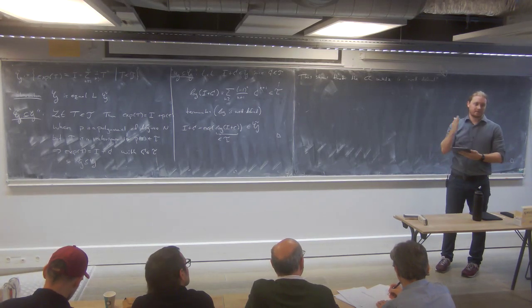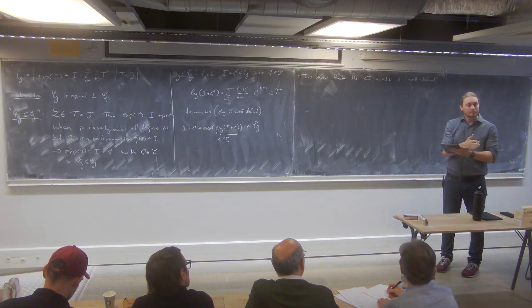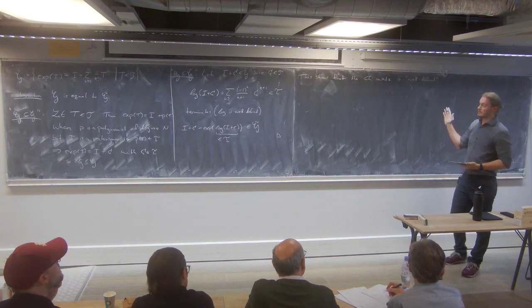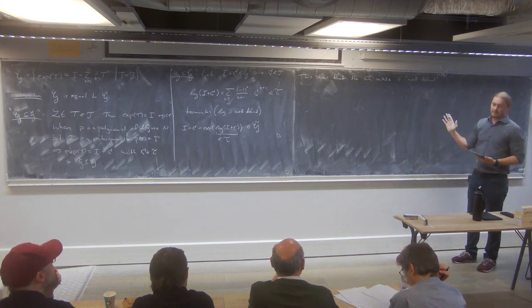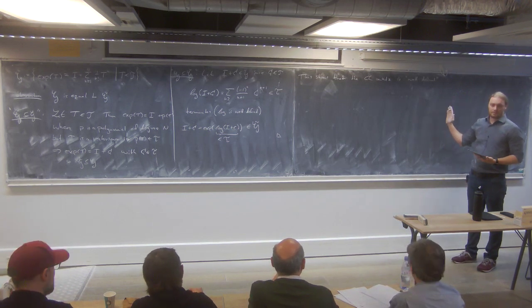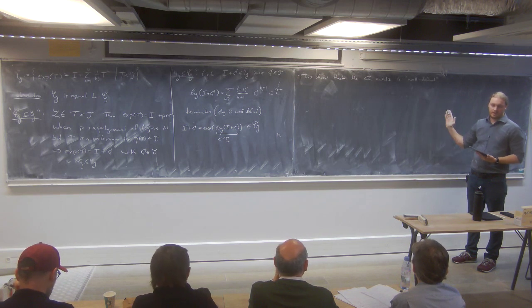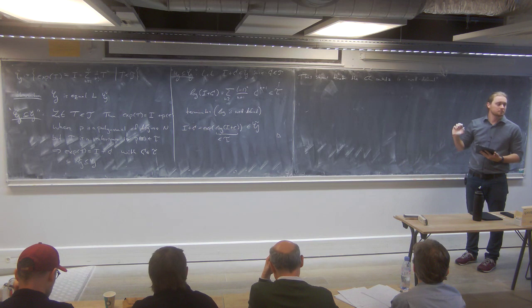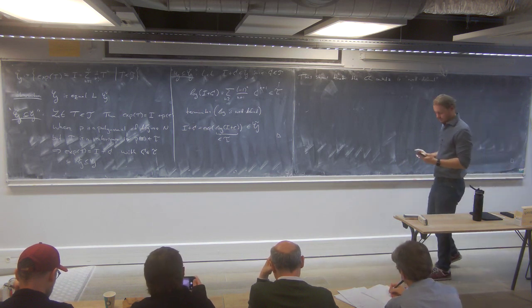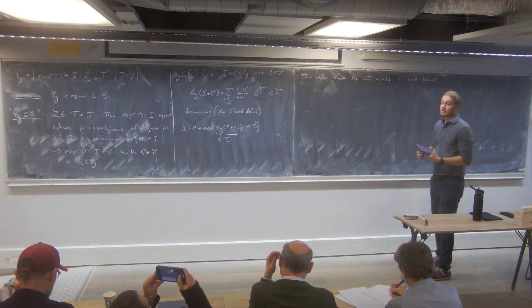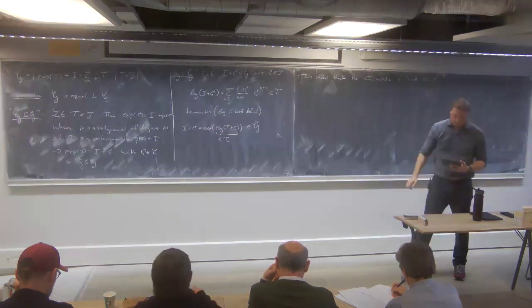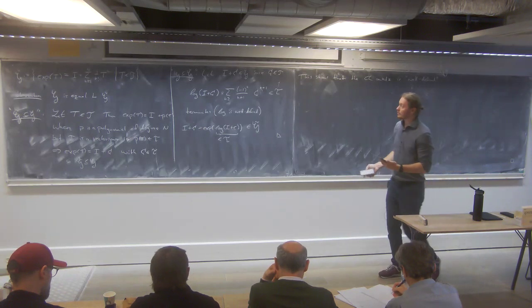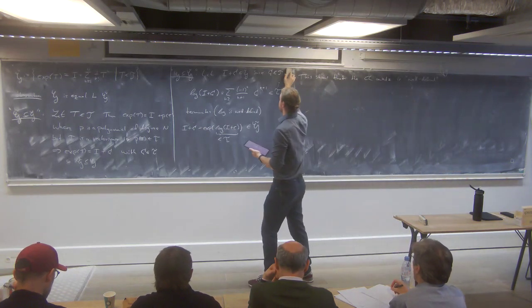So you don't reach anything that is orthogonal to your reference. That's just impossible with an exponential. But as long as you have intermediate normalization, or in fact, any overlap with your reference, you can, with pen and paper, argue that you reach any state. Okay. All right, so this is what I wanted to say about coupled cluster theory or the CC ansatz